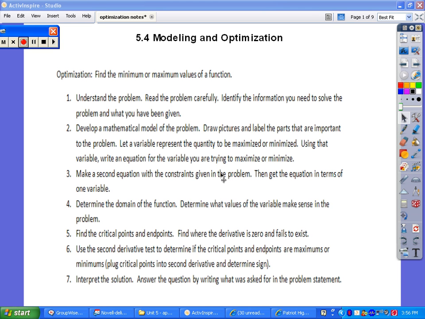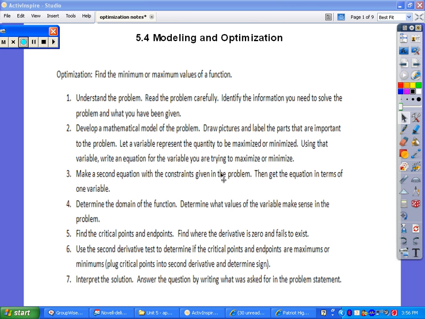Alright, today we're going to learn about optimization. Optimization is used to solve real life problems, and we use it to find minimums and maximums of a function. So there are 7 steps to follow when doing optimization. The first step is make sure you read the problem carefully and understand the problem, identify the information you need